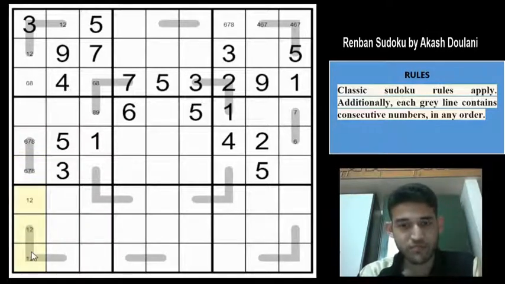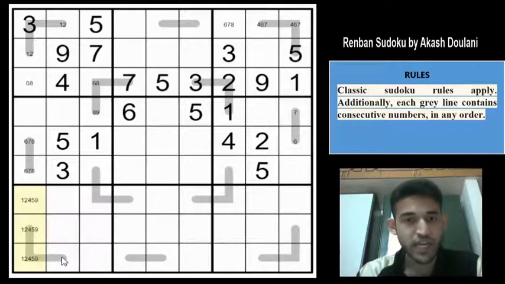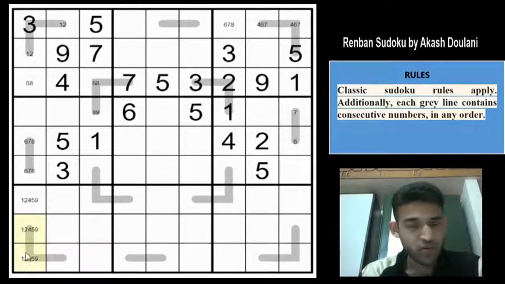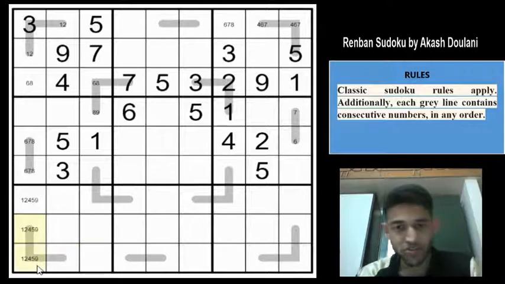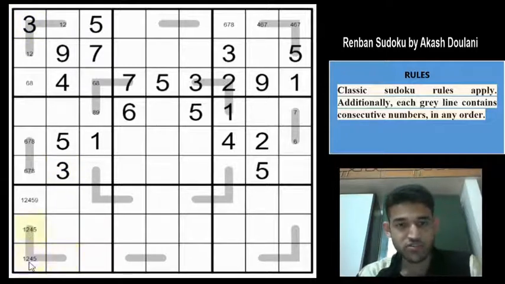Let us go ahead and mark them. 1, 2, 4, 5 and 9. Normally I don't write candidates in a cell which have 4 or 5 or more possibilities, but here we can make an exception because last 3 rows are completely empty and there is no information whatsoever. So let us try putting some possibilities to see if we can get some more eliminations. So we have a 9 here, right? And the only way you can satisfy a Renban line with 9 of 3 digits is 9, 8 and 7. So you can't make that here clearly, so 9 can be eliminated. And even 1 and 2 also can be eliminated because column 1 and column 2 have a 3. So if you have a 1 or a 2, there must be a 3 in this line. So 1, 2 can be eliminated.